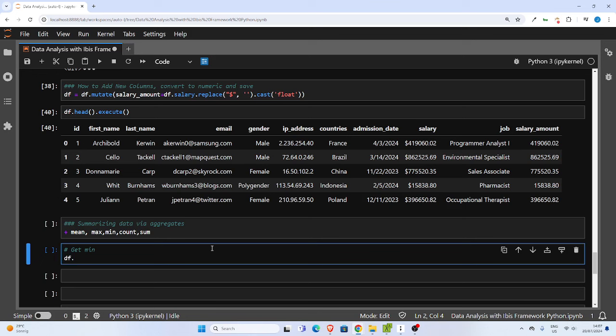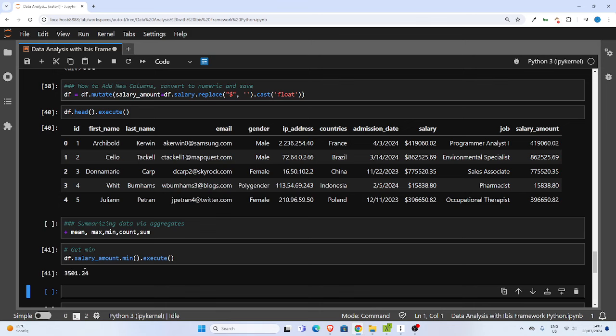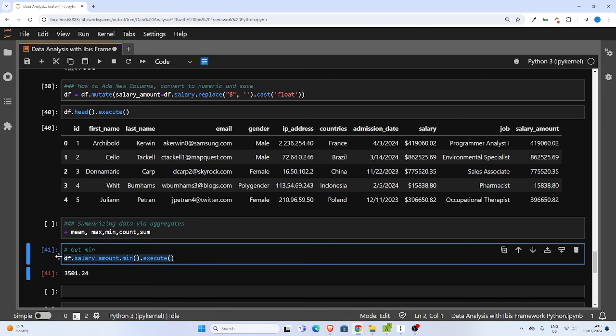So I can just simply do the salary amount like this, the dot notation, dot min, and then execute. So this is one way. So if I go with this option here, I'll now be able to do an aggregate to get the particular count. So I do this. Now we have the minimum amount here,